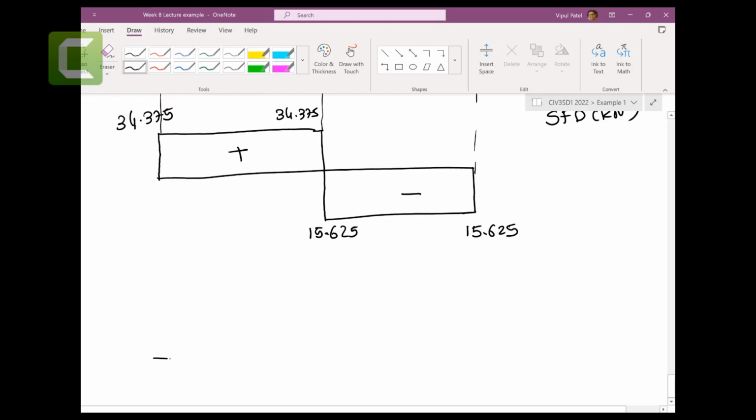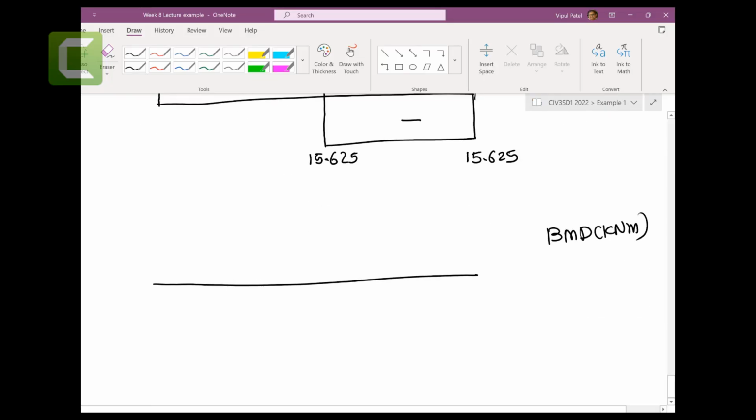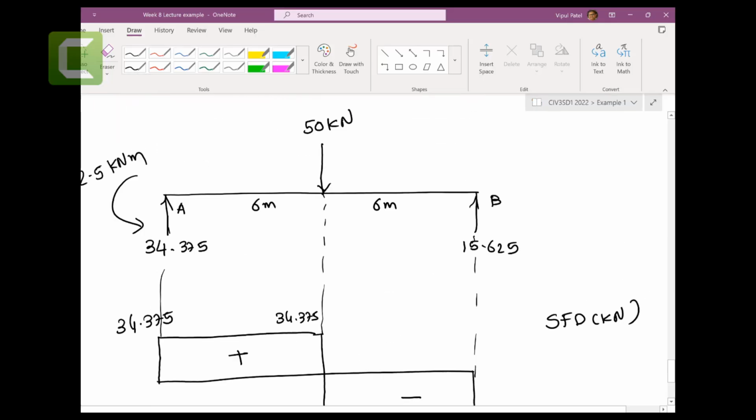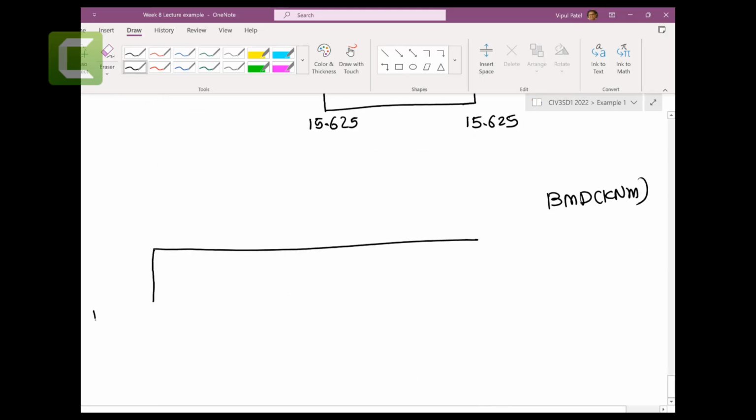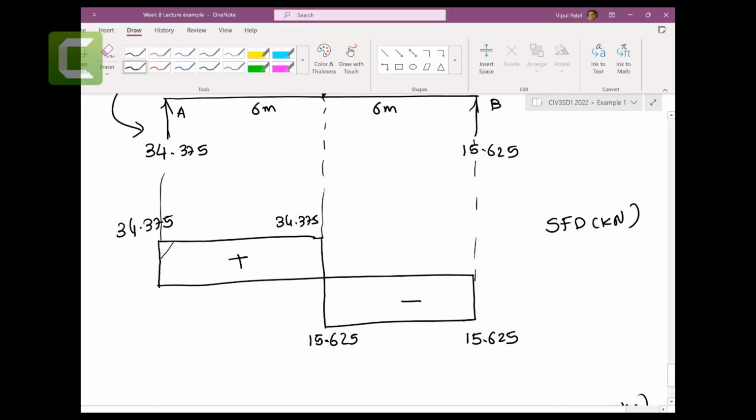Now bending moment diagram, kilonewton meters. So for the bending moment diagram, you will get anti-clockwise negative, 112.5 kilonewton meters negative. Then this area, how much? Because this is 6 meters, so that would be